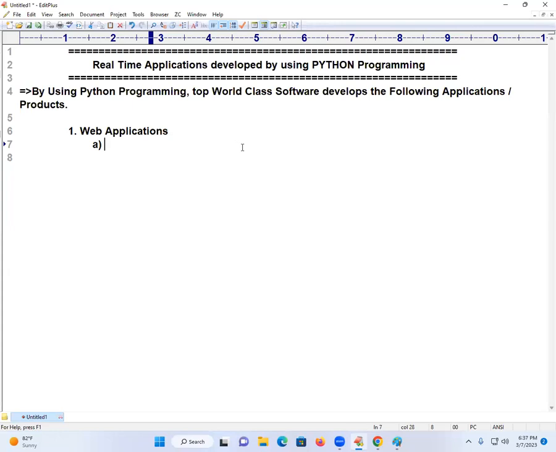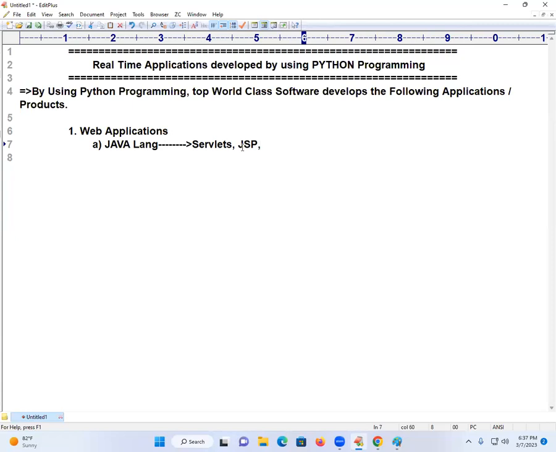So to develop web applications, already in the software industry, the Java language is available. Using the Java language, with technologies like what? Servlets. Next is called JSP, which you don't know, just listen. Don't worry, because tomorrow I am going to start from zero of the Python subject. Today I am talking about the overall importance of Python.